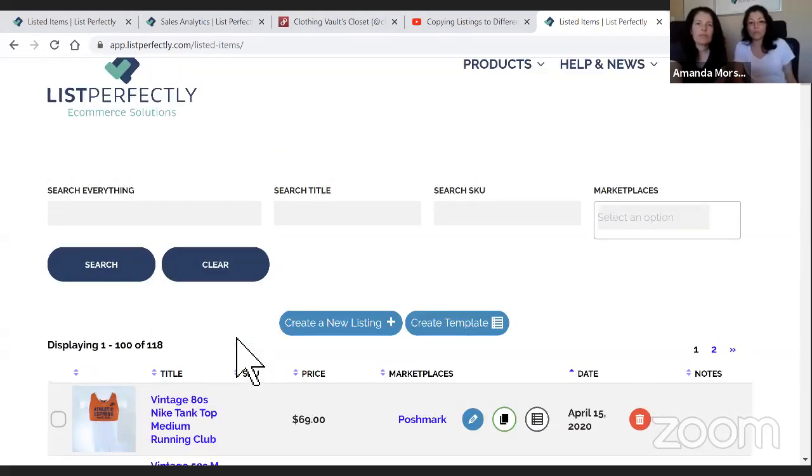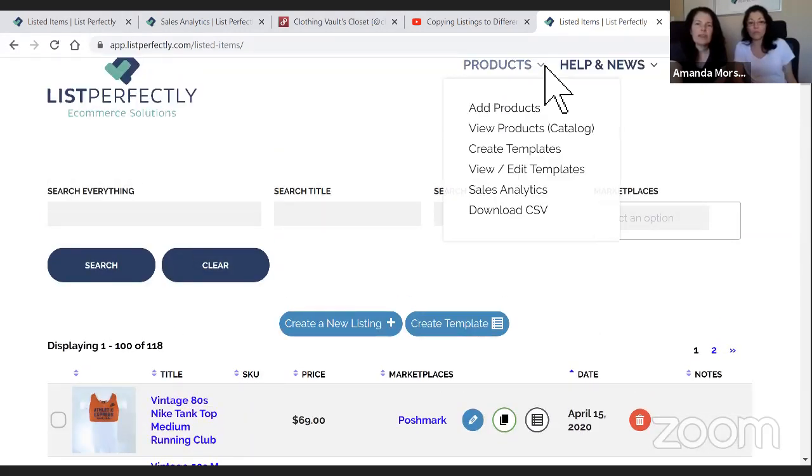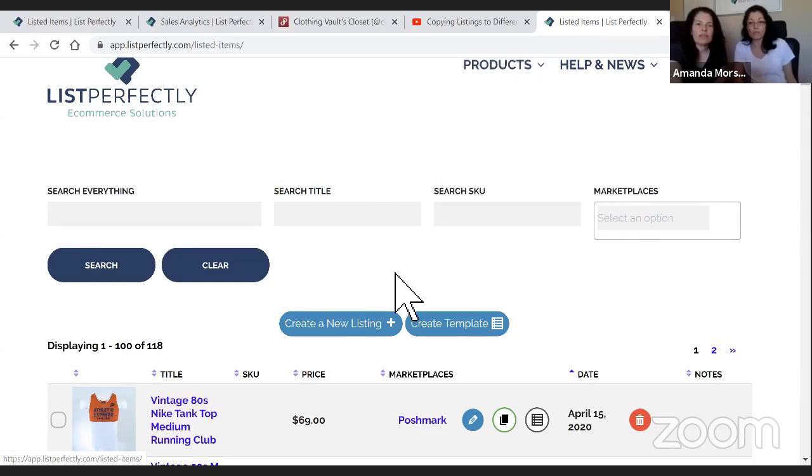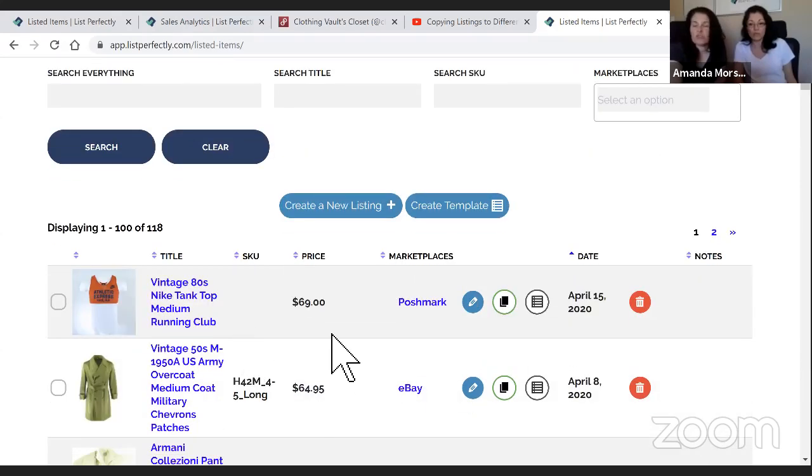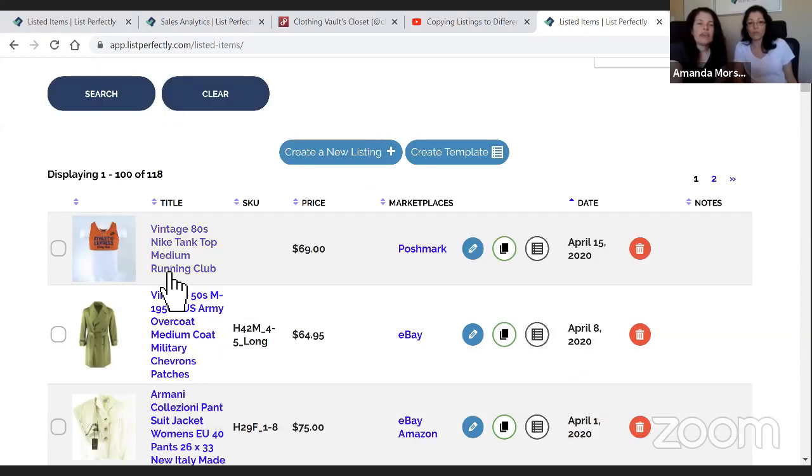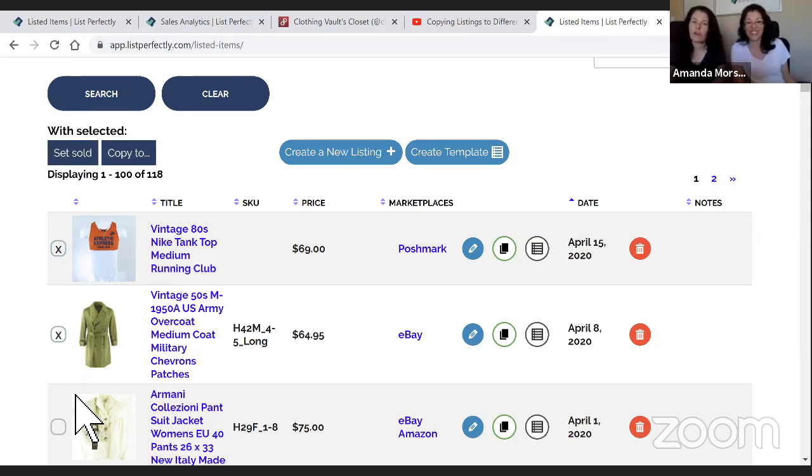You can see here I'm in List Perfectly. And what I did was I clicked products and then view products catalog. And this shows you all the products that you have. And if I had more than one product, I could just click the boxes for all of the products that I want to send over to my other Poshmark account. So since I only did one, I'm going to do one, but the first step before I copy is I